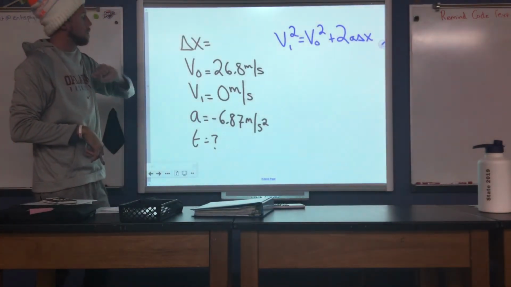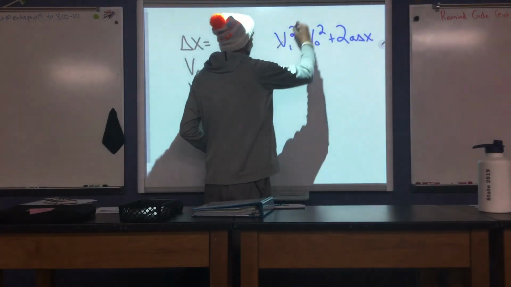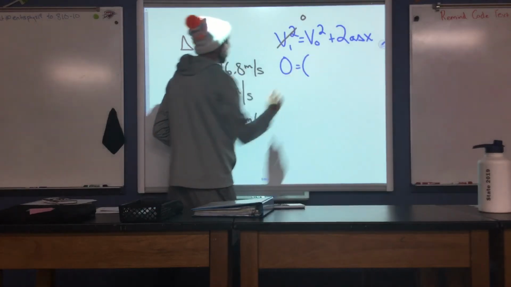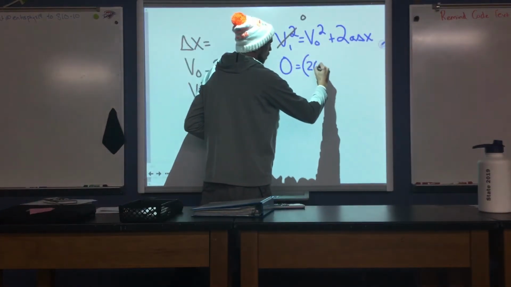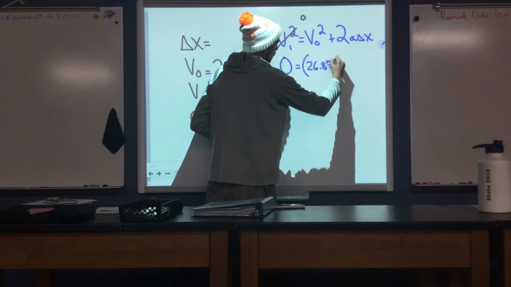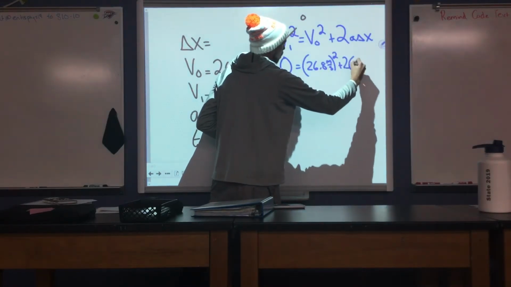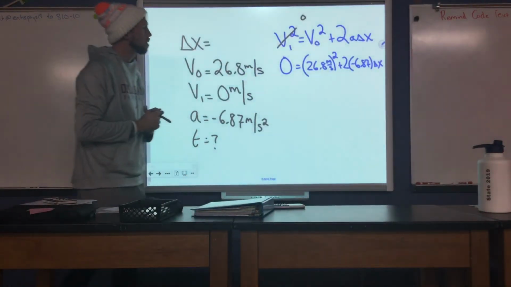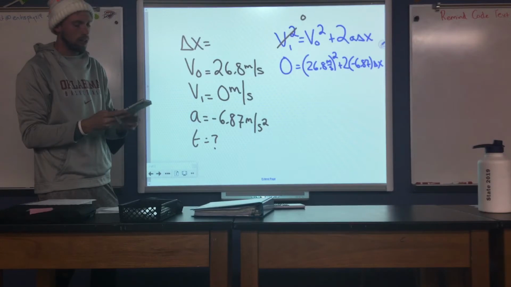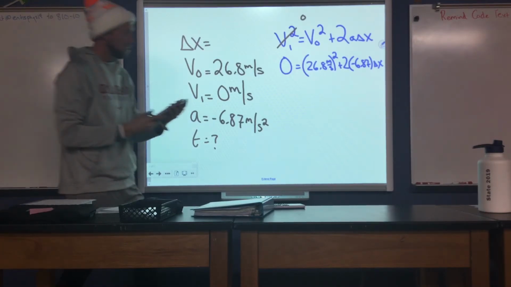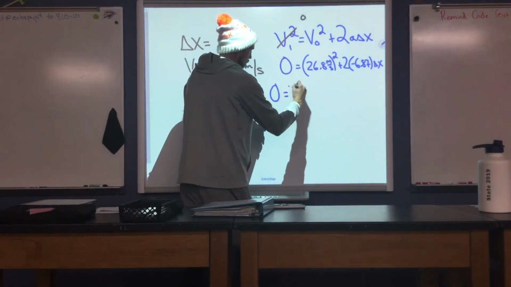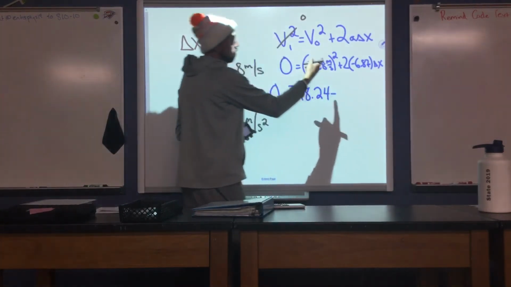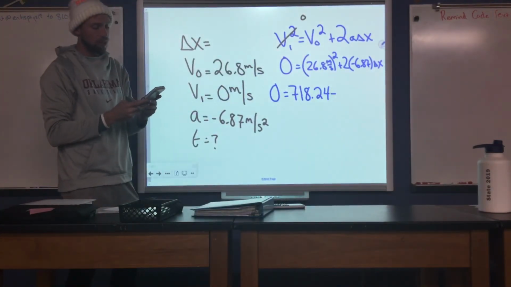v1 I already know is going to be 0, so 0 squared will still just be 0. So we'll plug in 0 is equal to our initial velocity, 26.8 squared, plus 2 times negative 6.87 times delta x. So I'm just going to plug some values into my calculator. 26.8 squared is going to give us 0 is equal to 718.24 minus, because now we have 2 times negative 6.87,